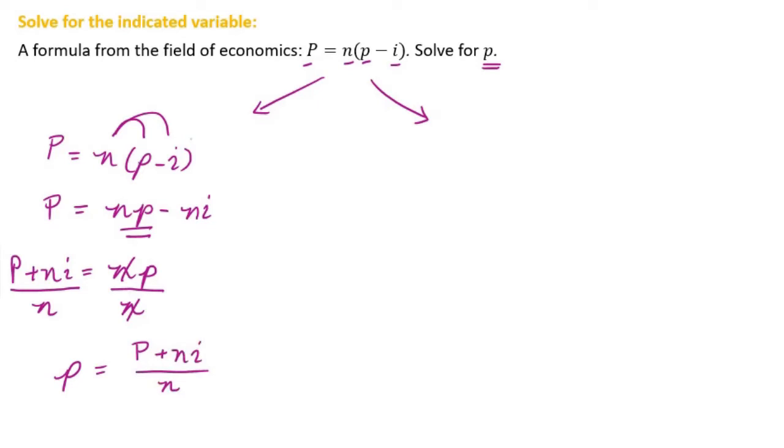Now maybe you're already seeing what's maybe a little bit of a shortcut compared to what we just did. Again, we recognize that our lowercase p is here, and that's the one we'd like to isolate. Let me write the equation again. P equals n times lowercase p minus lowercase I. And first I notice that there's only one instance of the p. So we don't have to pull together different terms that have p's in them. And it has a coefficient of 1 inside these brackets. So if we could just